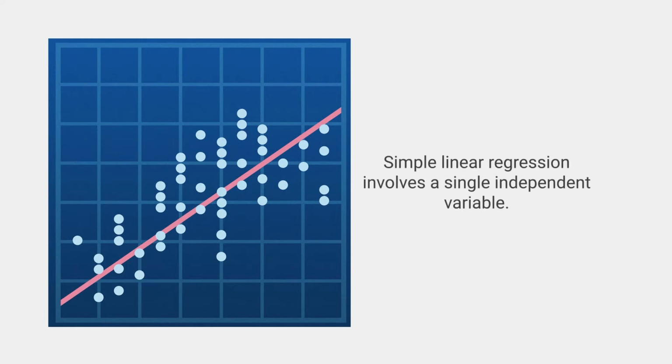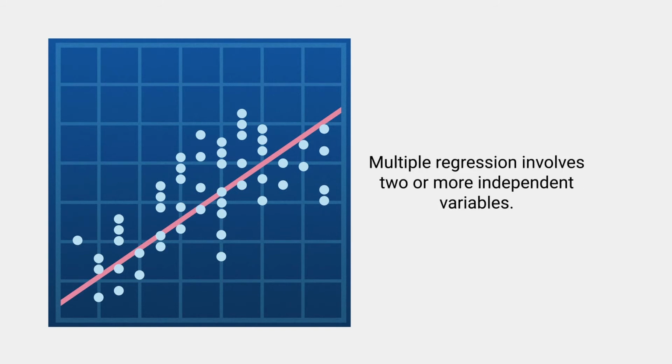So simple regression analysis involves a single independent variable. Multiple regression involves two or more independent variables. We are going to discuss this in a more elaborate manner in a forthcoming session on the types of regression analysis, where part 1 talks about simple linear regression analysis, and part 2 talks about multiple regression analysis. This is a very important aspect, because with the help of formulas, with the help of certain equations or derivatives, we are going to solve the equations.